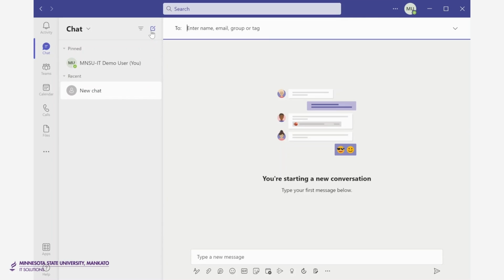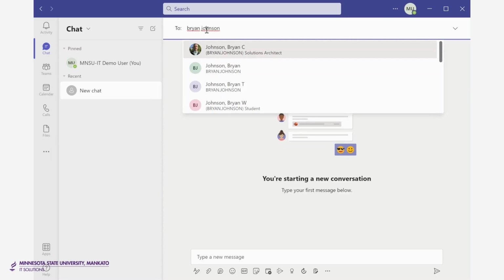This will create a new chat in your chat list and will show a blank chat window. Begin by entering the name of the person that you want to chat with. As I start typing in the To field, Teams will search the MinState address book for users with names matching